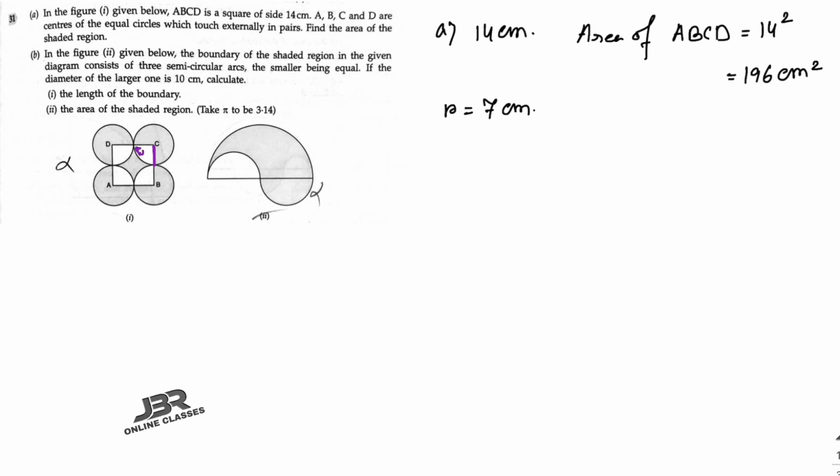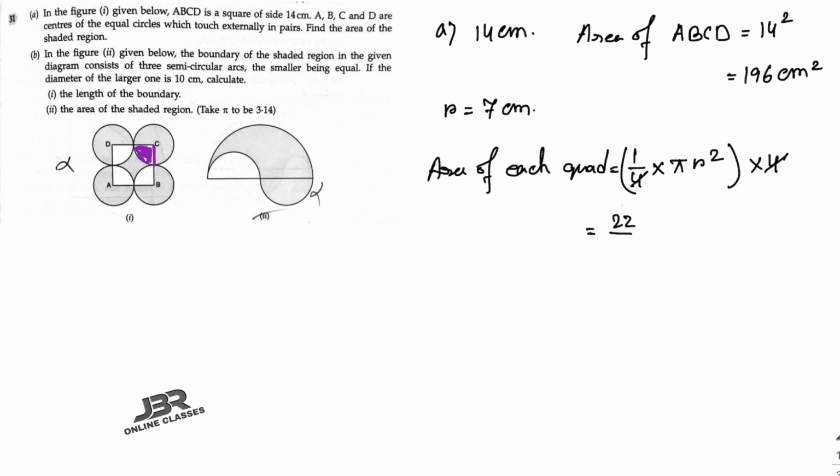Okay, that means this purple portion. First you have to find the area of that quadrant, and it's 1/4 of the circle. So here the area of each quadrant is equal to 1 by 4 pi r square. How many quadrants are there? Total 4 quadrants are there. So multiply with 4. So here 4 cancel out.